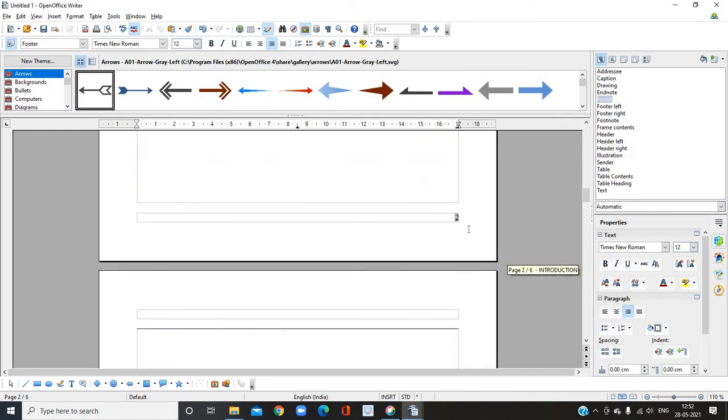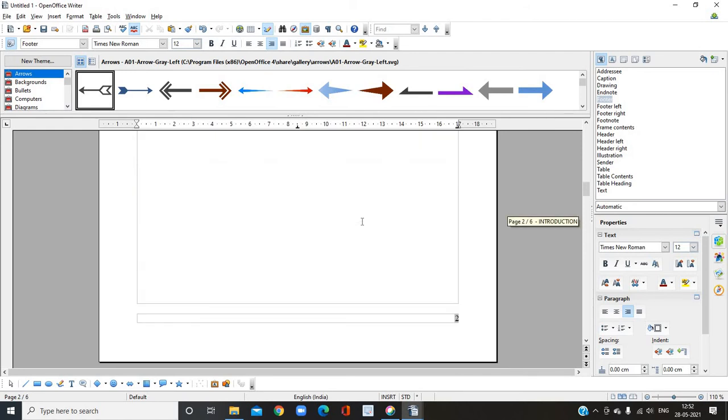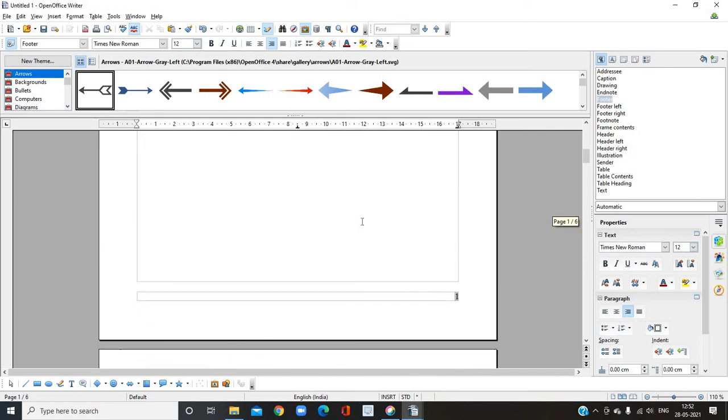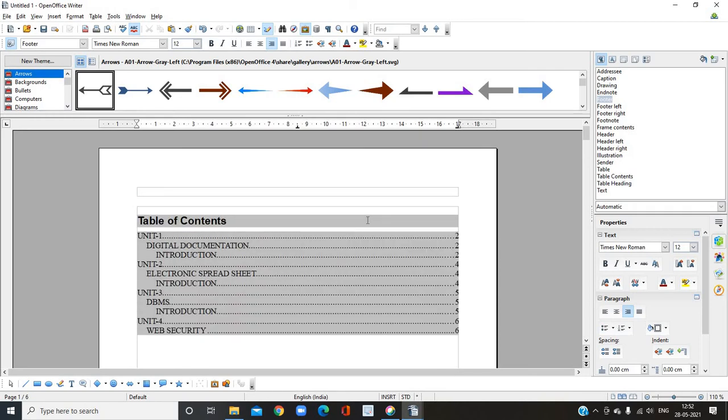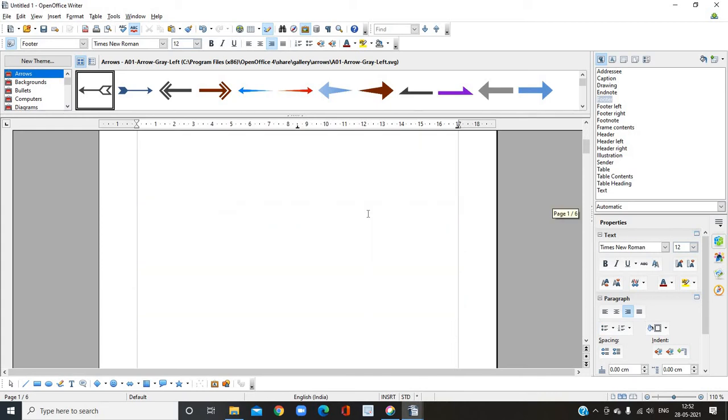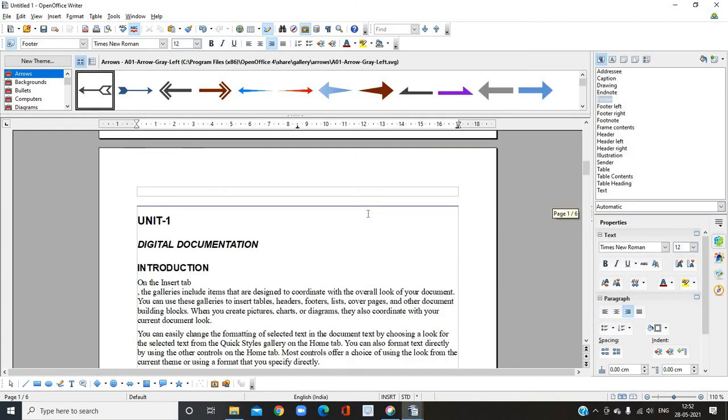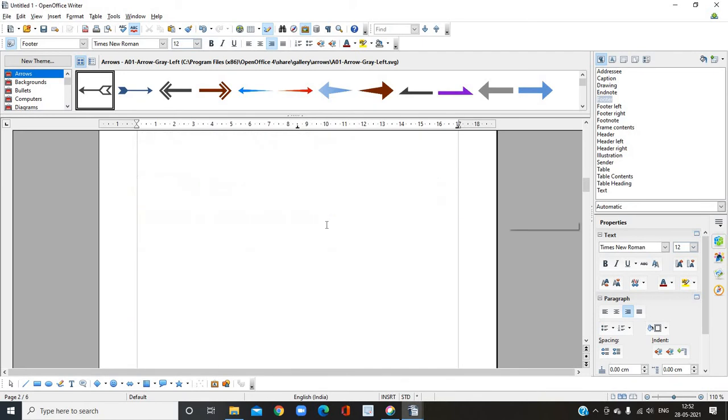I want to give page number 1 to unit 1. So how to do that? How to start the page numbers from a specific page? Remember the requirement: I want to start from the second page. My second page should be displayed as page 1.